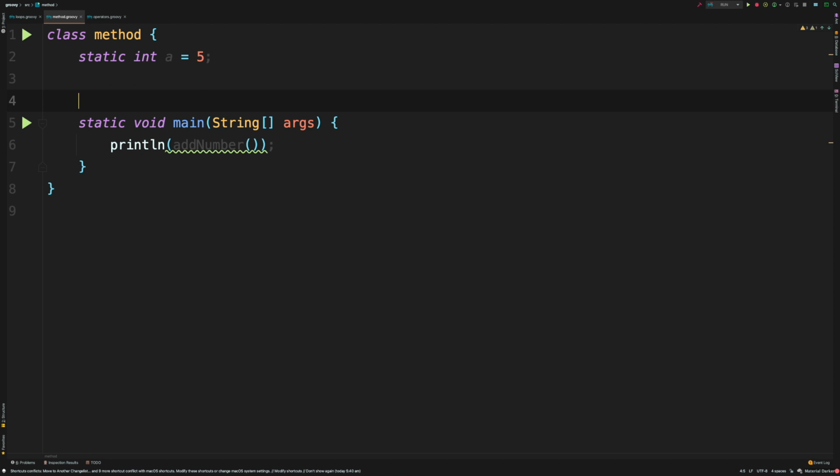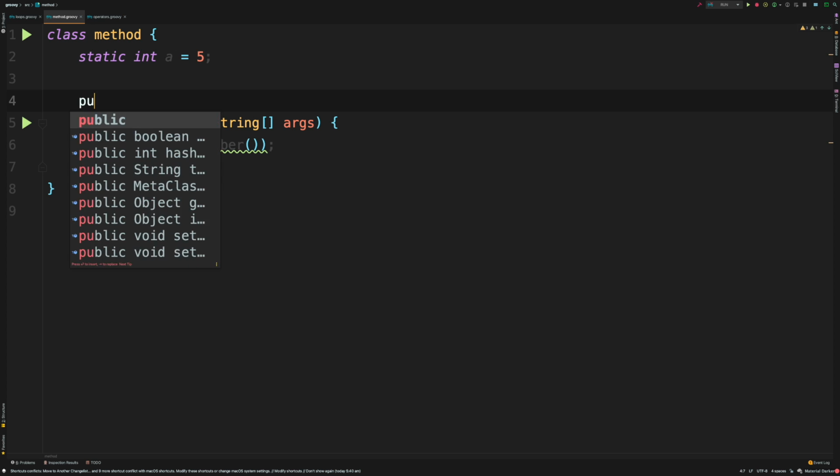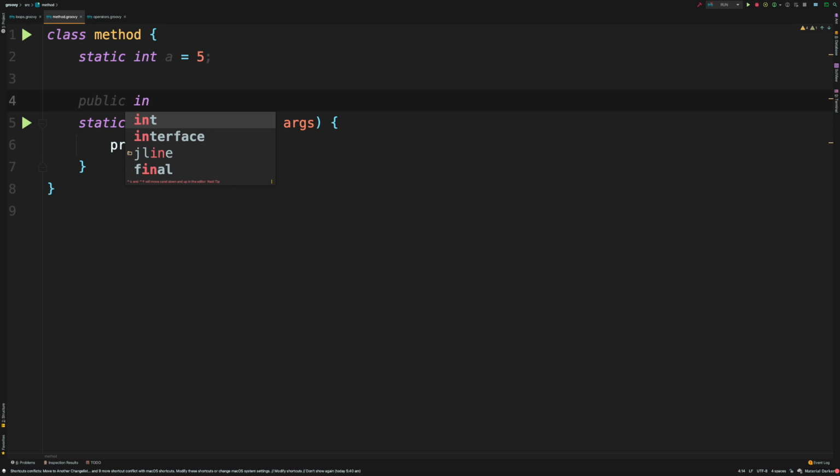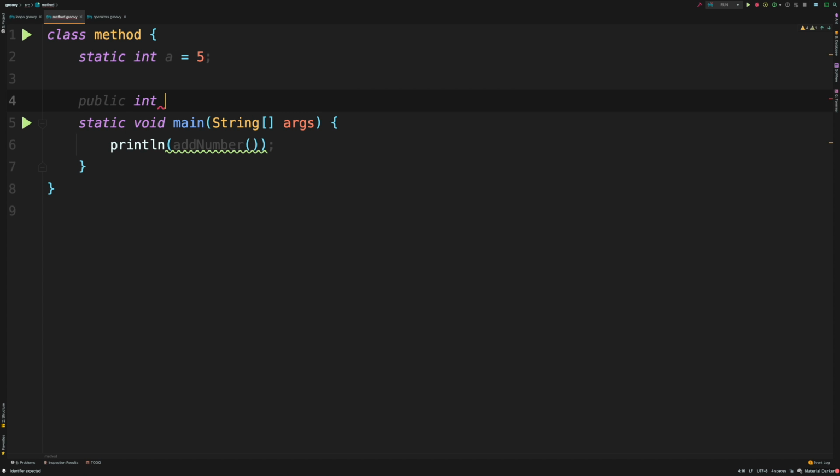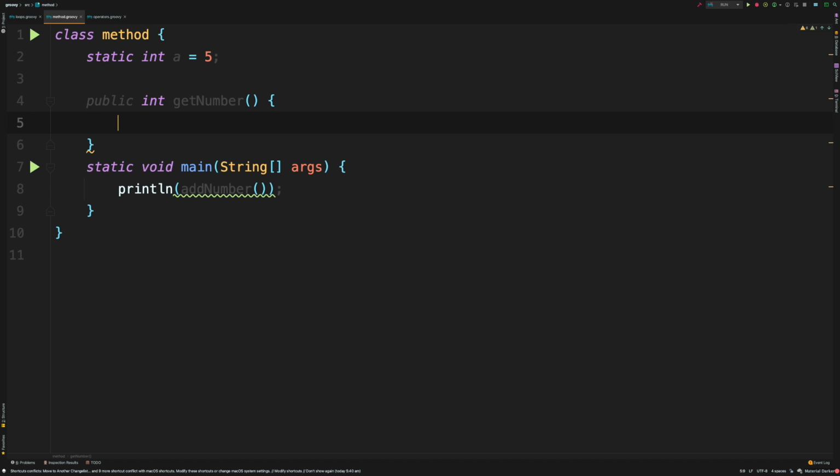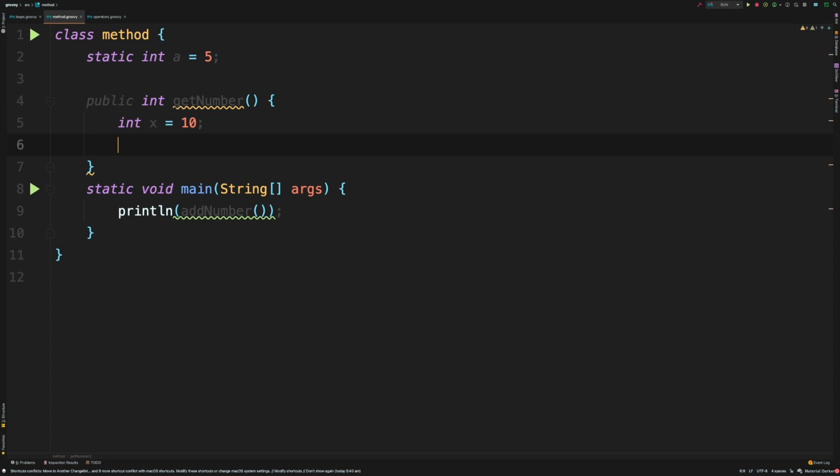So I'm going to create a public function that returns int, and I'll call it getNumber, and then we are going to use a code block here, and I'm going to create a variable. Let's just say int x equal to 5. Oh, maybe let's change the value to 10. Okay, then I'm going to say return x plus a.